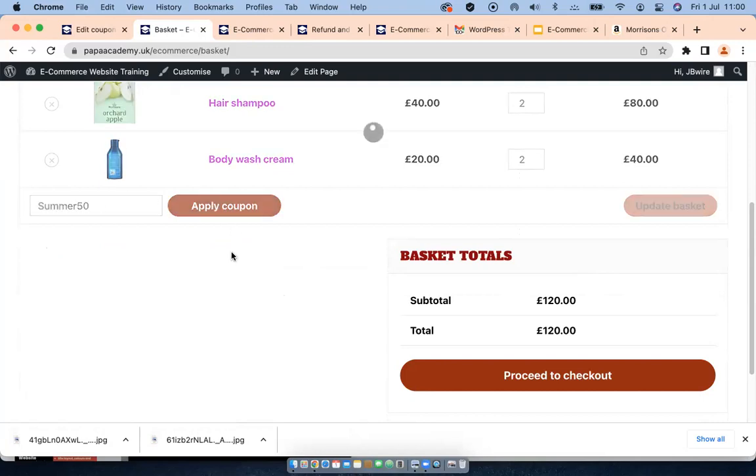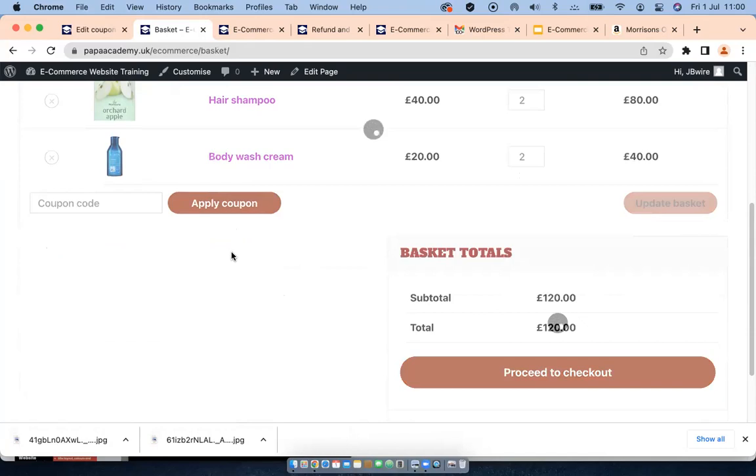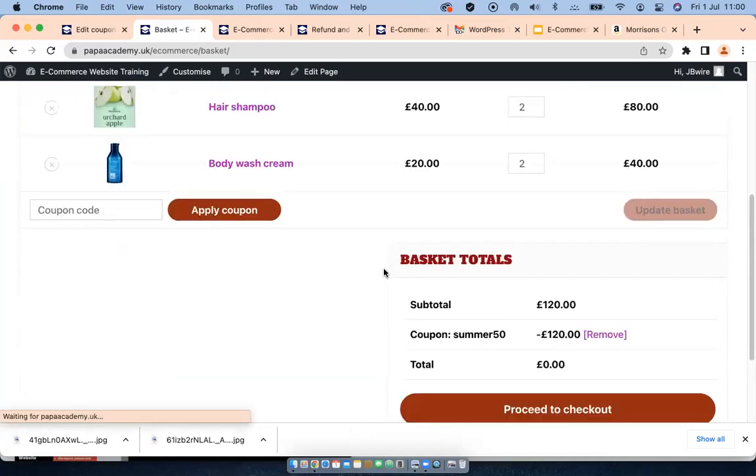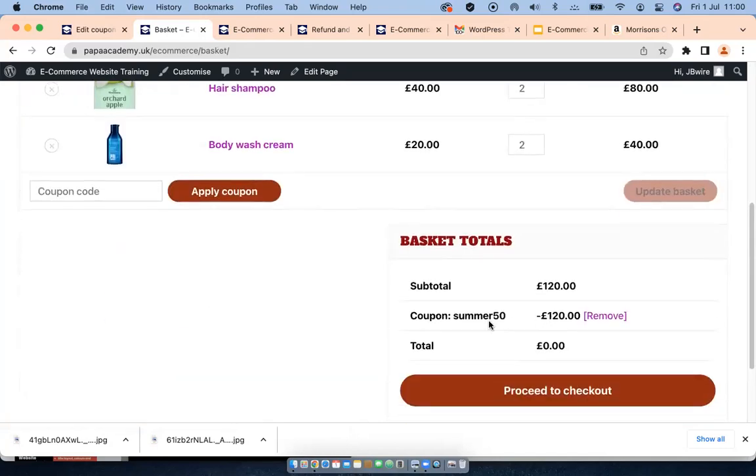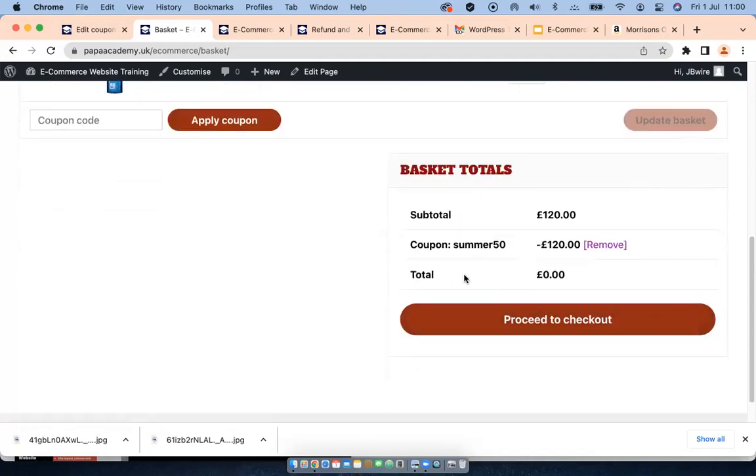Apply coupon. And as you can see here, the coupon is 100% discount. The total cost of the products was 120. I've got a discount of 120, so I'm going to pay 0. And if I proceed to checkout,